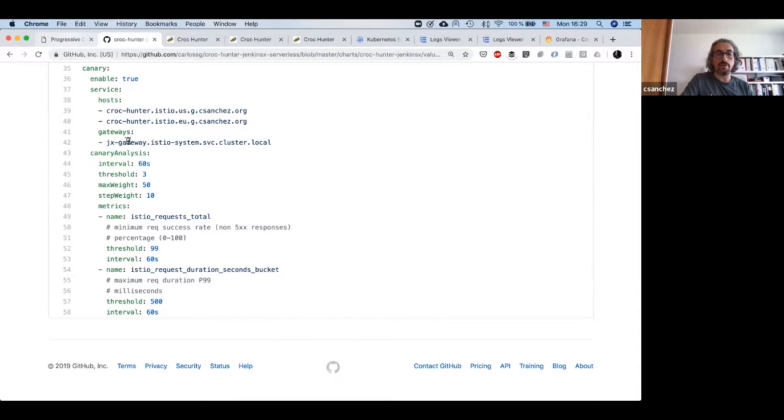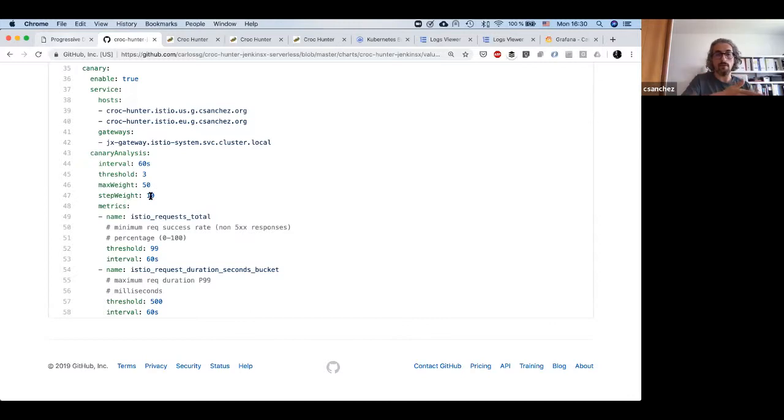I'm using the Jenkins X gateway that is created when the add-on is installed on JX. I'm using every 1 minute check for the Canaries. If three times the Canary checks fail, then do the rollback and go from 10% to 50%, doing 10% increases